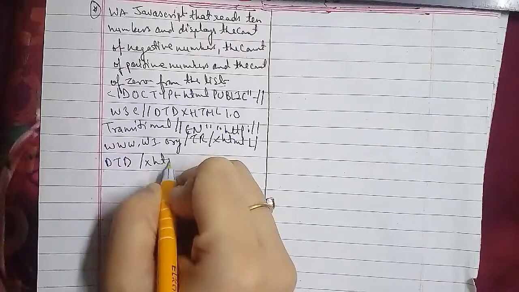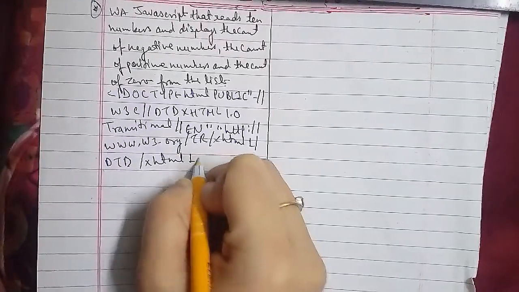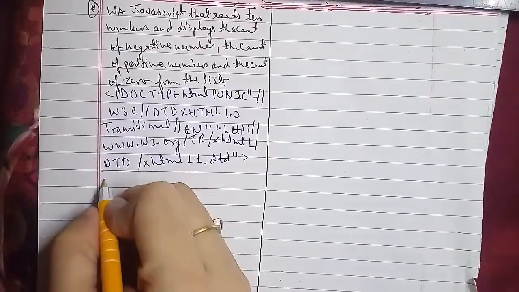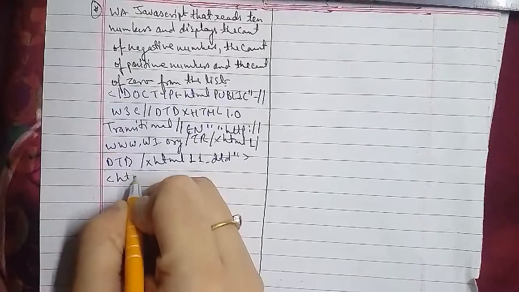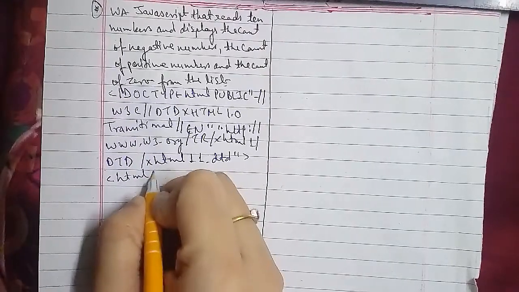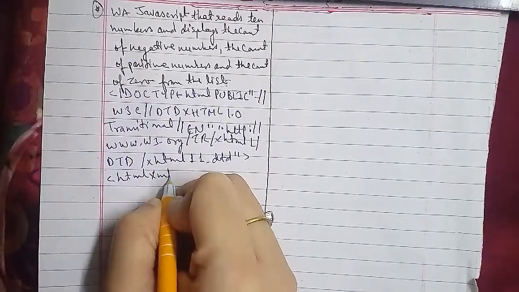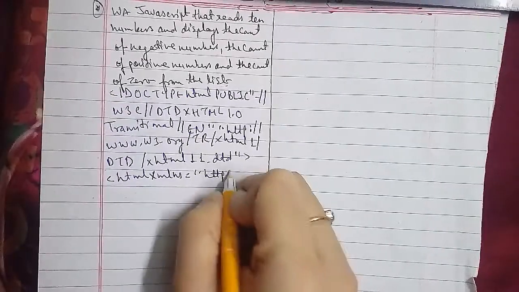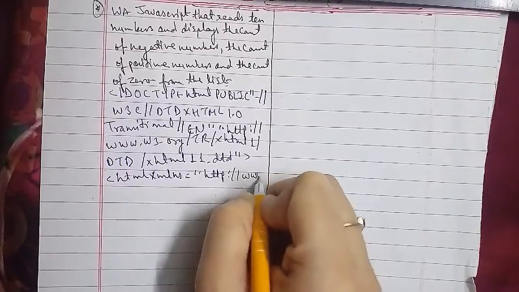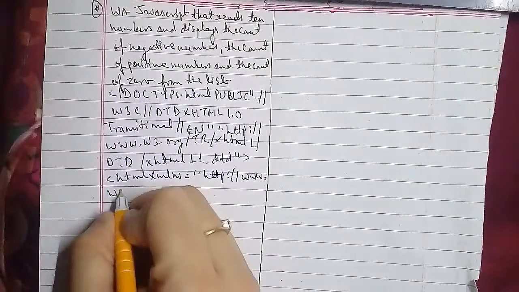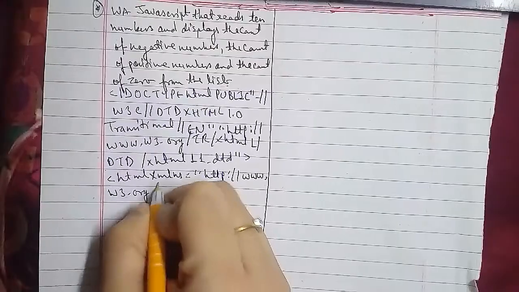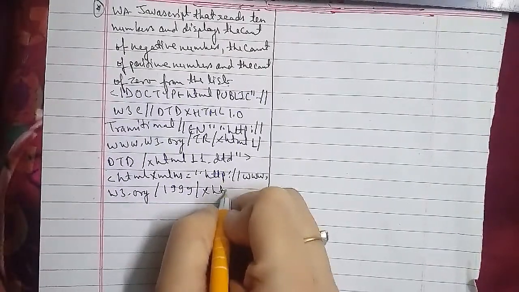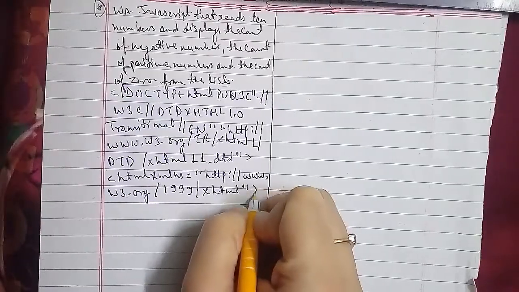Now for the other one, that is html xmlns equals to "http://www.w3.org/1999/xhtml". Now we'll go ahead with the head section, then close the head section, then the body,